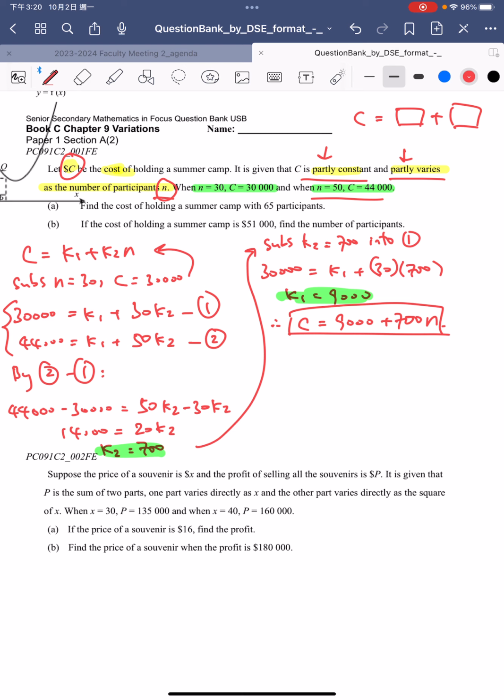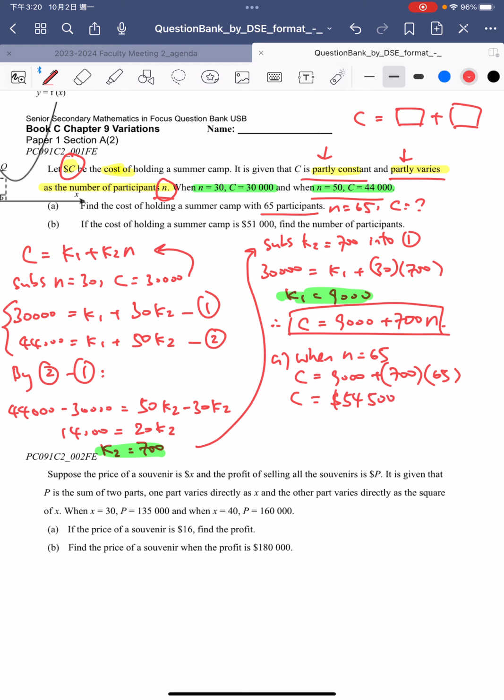So question A is asking about the cost with 65 participants, which means that N is equal to 65. What's the value of C? So we can do it here. We can just substitute N is equal to 65. So when N equals 65, C is going to be equal to 9,000 plus 700 times the value of N, which is 65. Then use your calculator, you can get the value, which is